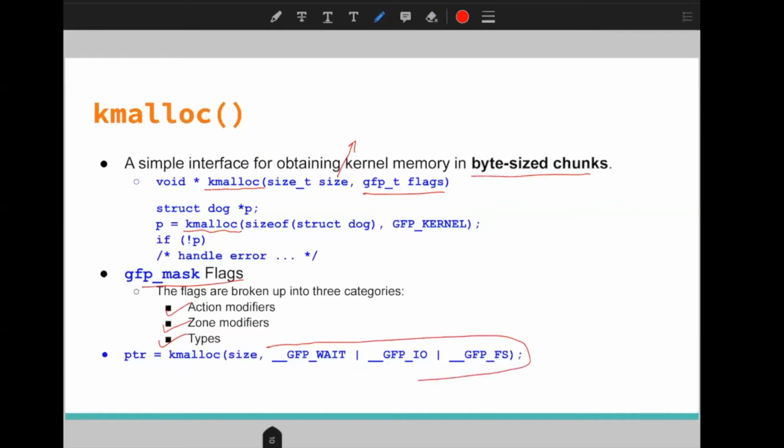Here you can see we have three flags: GFP_WAIT, GFP_IO, GFP_FS. We will discuss each of them in coming slides. Here I am again giving the example of kmalloc, where I specify the size and then we have grouped three flags into the single allocation.